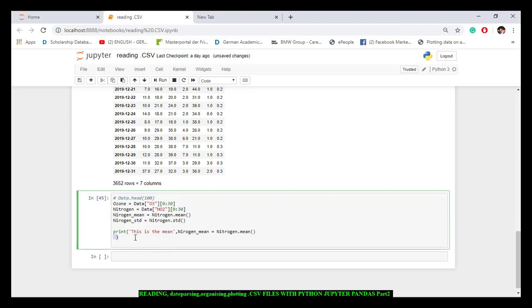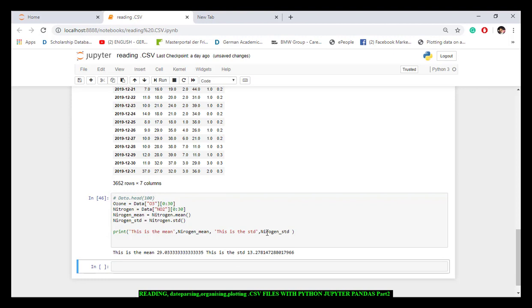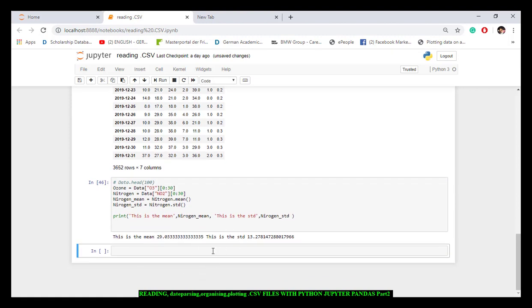Yeah, this is the problem with copy and paste. Okay, and we can also say this is the STD, just leave it there. So when we print this, then we have that this is the mean of this and this is the standard